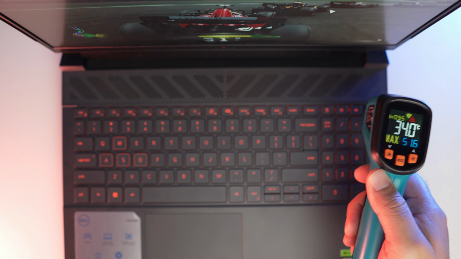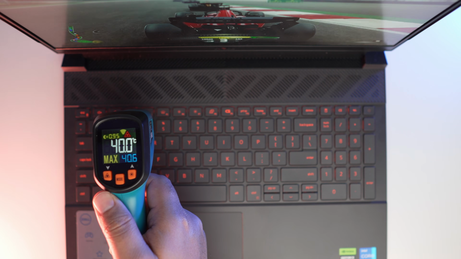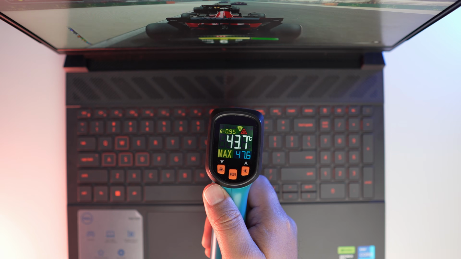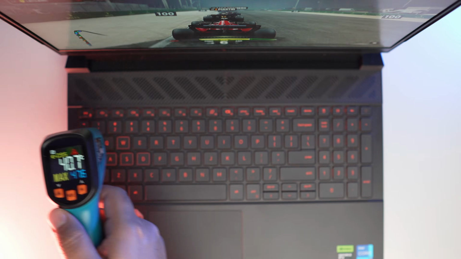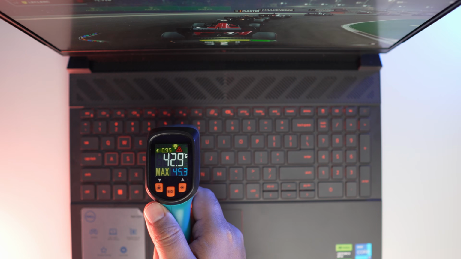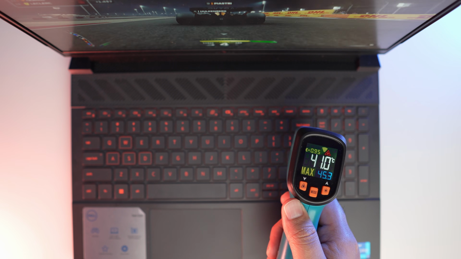Of course, that's where the heat is, the air is sucked into the laptop before it's pushed over the components and then exhausted out the left, the right side, and the rear of the device. That said, as we pan across the home row or over the number row and the function row, we'll start to see about 40 to 45 degrees in terms of the top temperatures, particularly towards the center of the laptop,